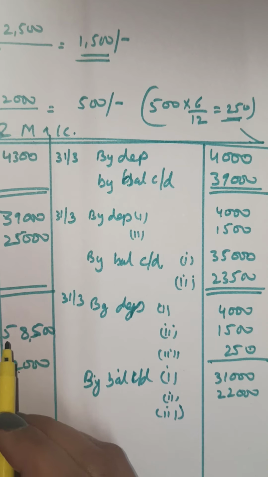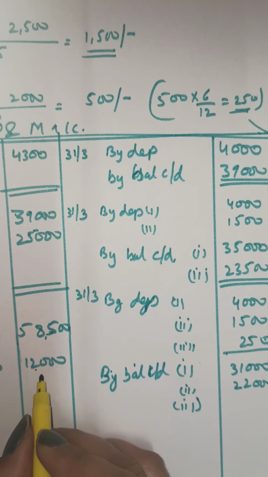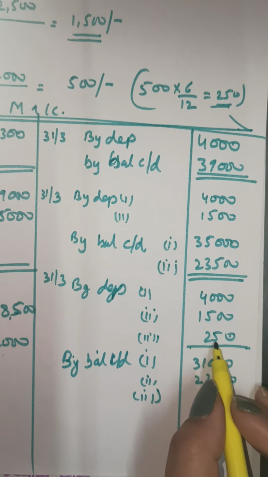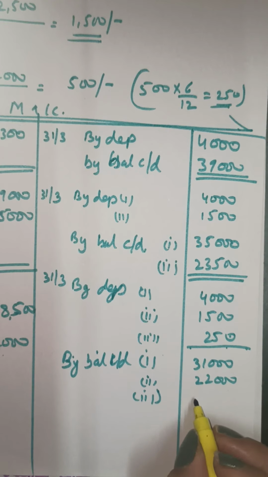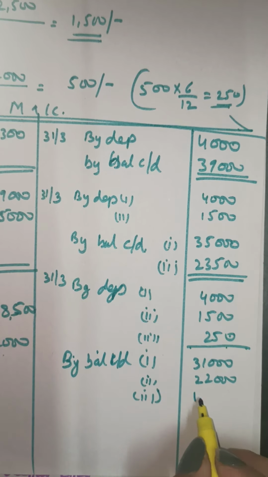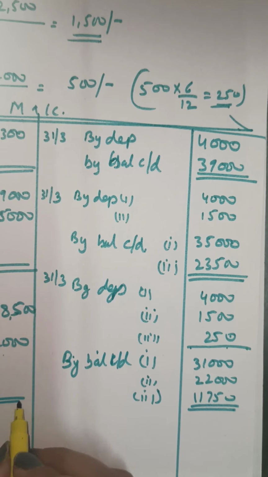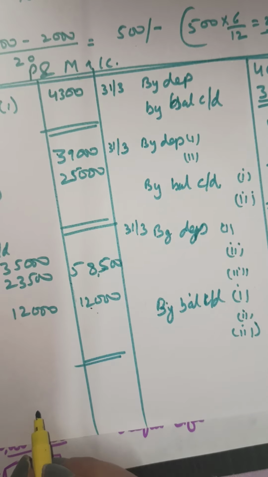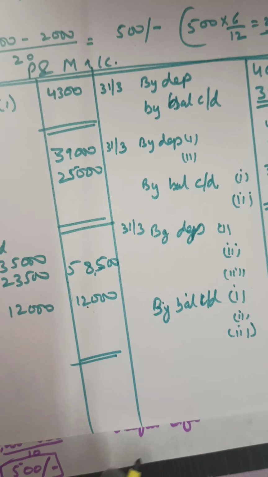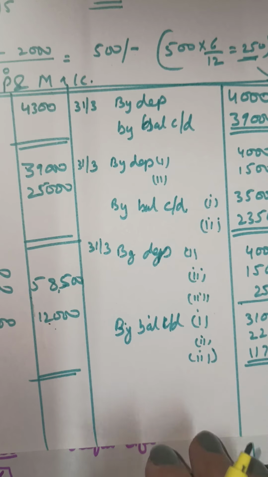That asset has been purchased in the third year. Now you purchase this asset for 12,000, and in the first year depreciation on this asset is 250. So the balance left is rupees 12,000 minus 250, that is 11,750, and the total is done. And then you will carry forward to the next year, and next year also the same thing will be done. I hope it is clear to all of us.